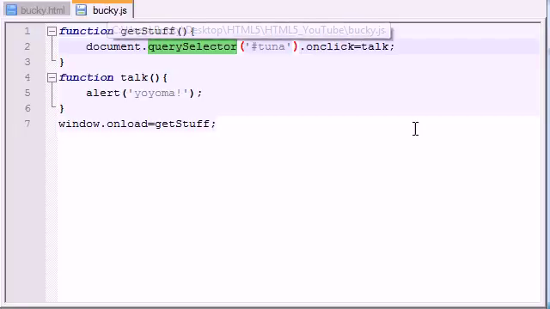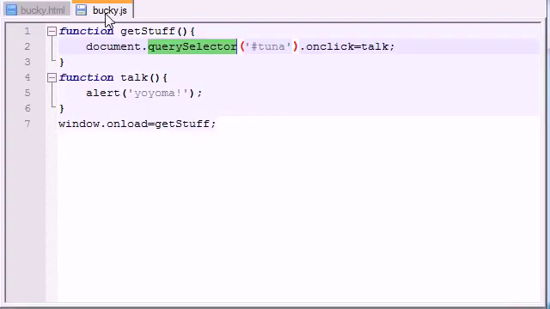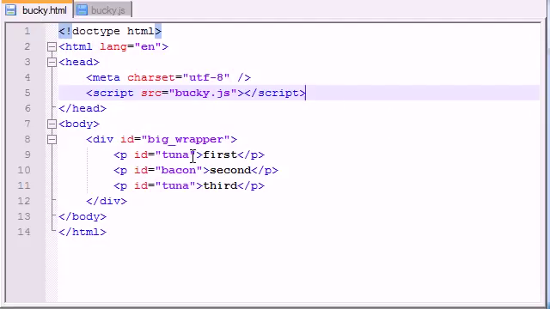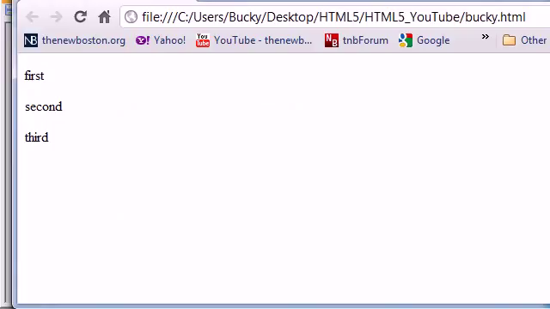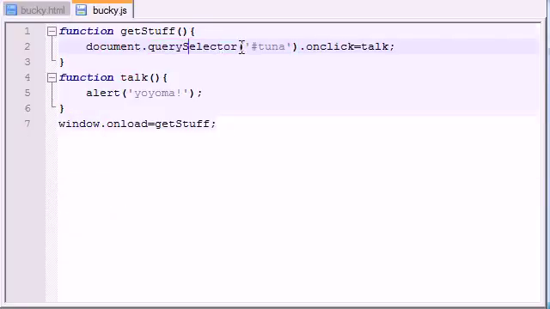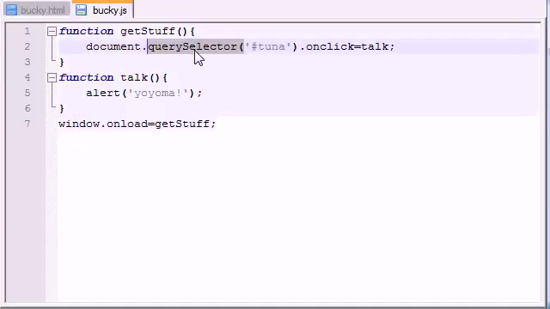However, before I continue, I want to make sure that you guys understand why this query selector method works, because what's going on here is this first paragraph and this third paragraph have the same ID. However, whenever we click the third one, nothing happens. We only get an alert box whenever we click the first paragraph. And the reason behind that is because this query selector method right here only can return one single element. So even though there is more than one element with the ID of tuna, this method is limited to one